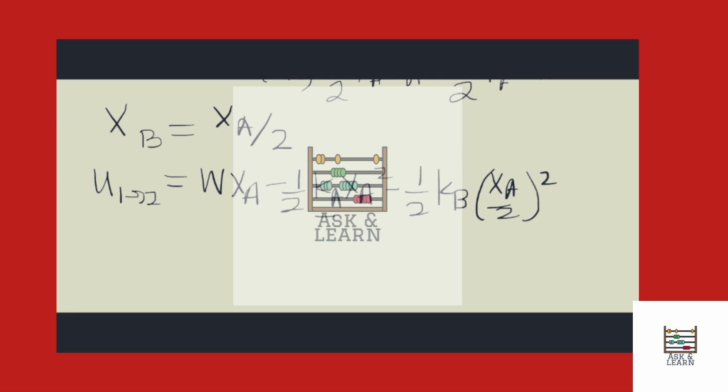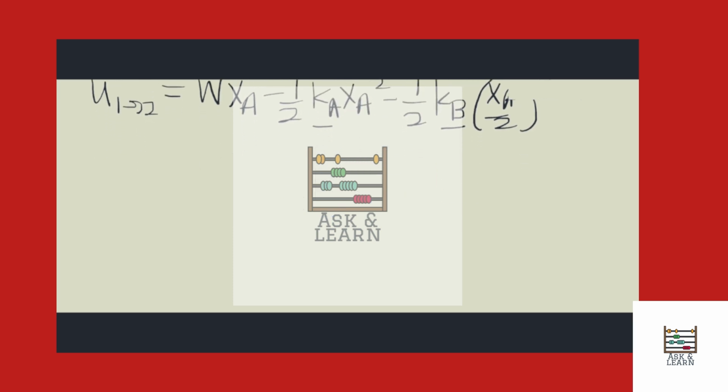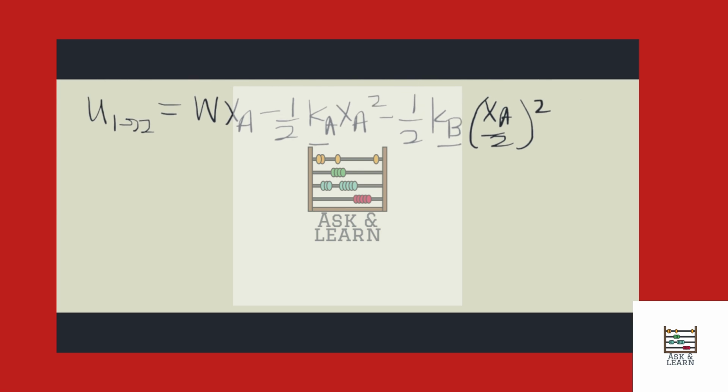Remember that Ka and Kb are the same, so from here on out I'm just going to refer to this as K. Utilizing this equation, remember that we are asked to find the velocity of the block when it has moved down 50 millimeters. So our XA in this case is 50 millimeters. Plugging this in, we know the mass is 10 kilograms, so we know the weight. We know Ka, which is 2 kilonewtons per meter, and Kb, which is also 2 kilonewtons per meter, and we know XA, which is 50 millimeters. From plugging those quantities in,